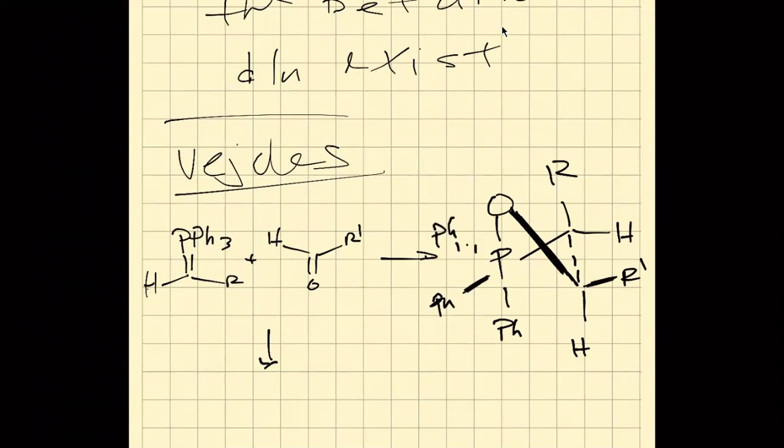Right, so that's one proposed transition state where you don't go through the betaine, you go through basically a direct